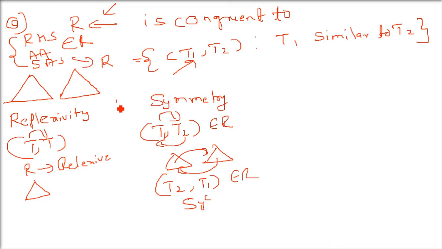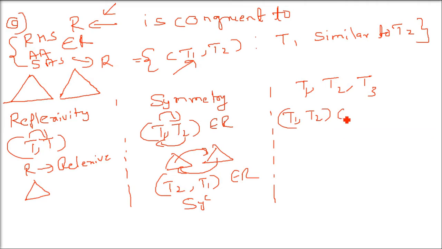This relation is symmetric. So we have talked about reflexivity, symmetricity, and now let us talk about transitivity. I am talking about both similarity and congruency. I am taking two examples because they are almost similar. Now coming to the third part, transitivity. So let us take T1, T2, T3. There are three triangles now, but we have to take two at a time because in a relation we always talk about ordered pairs. So T1, T2.